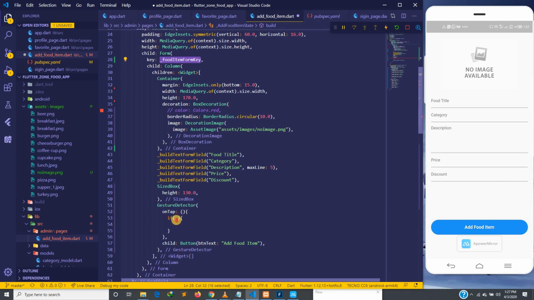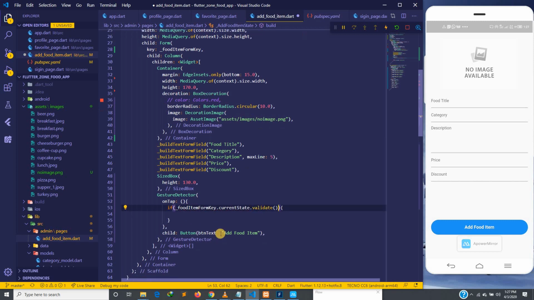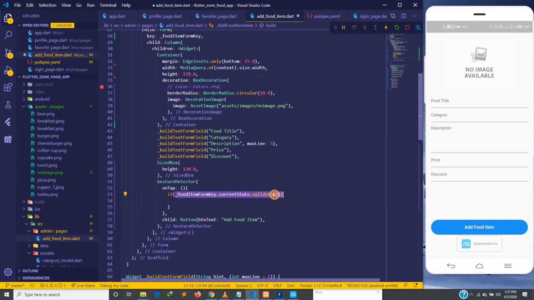So if we check the food item dot current state, okay, dot validate, okay. So when we call this method here on the form key, then it will validate, and then it will return whether true or false. So when we call this, and if this returns true, then we can go ahead and save our form. Okay,